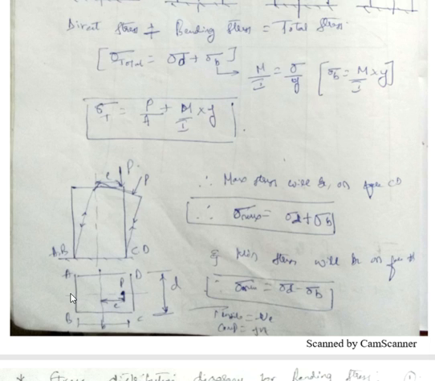Then y will be the distance from the x axis, the neutral axis, to the extremost fiber perpendicular to this neutral axis, is this fiber, that is nothing but d by 2. This distance will be d by 2. Now see, the total stress, if I consider it, is the sum of direct stress, which is compressive stress, and bending stress, which is given by M by I into y.